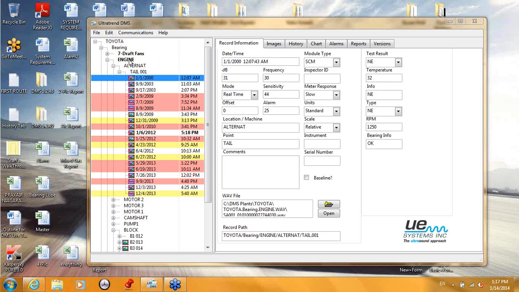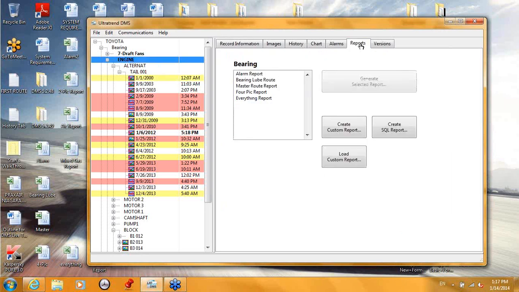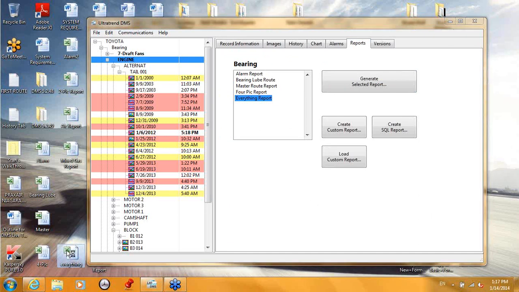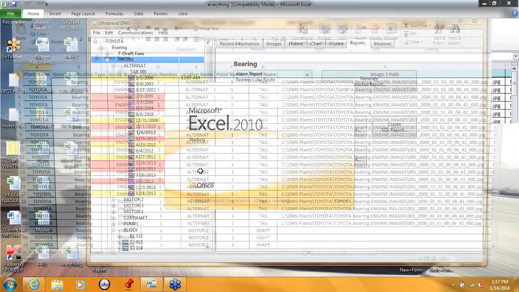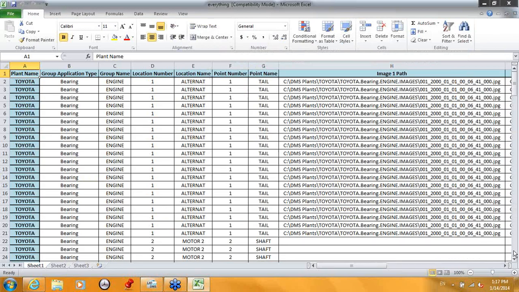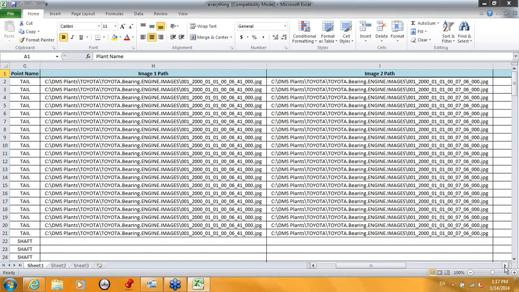And I'm going to show you exactly what it looks like. Again, just highlight the area that you want, hit the everything report, generate it, and then this is what it actually looks like. This is a kind of small database. It's from my Toyota plant, just out of one group. But you can see, just out of this one page, this is just point number one. It's going to give you every little thing that you can possibly think of that we have attached: